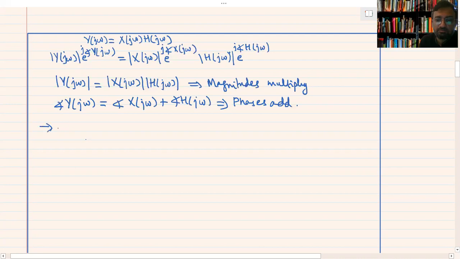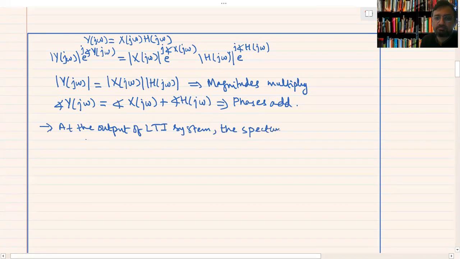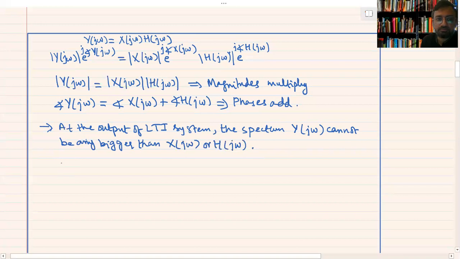So at the output of an LTI system, the spectrum Y(jω) cannot be any bigger than X(jω) or H(jω). In fact, we can also say that an LTI system does not add any new frequencies at the